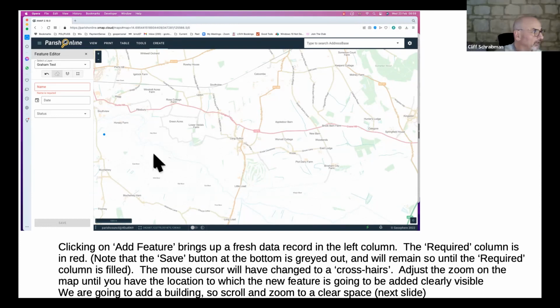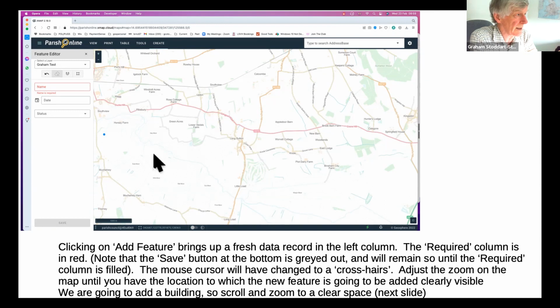Graham, yep. How did you get the feature editor? I must have missed that. I was looking for my layer. Right. So did you find your layer, Cliff? I've got it. Yes, I got it. Okay. So right click in the layer. Anywhere in the layer. Anywhere on the layer button. Okay. And did you get the add feature choice? Yes. Okay. Yes, so select that, and you should come up with this picture that I've got now,